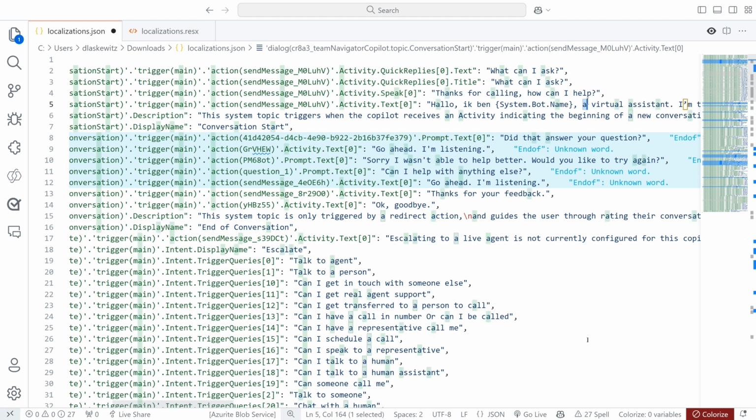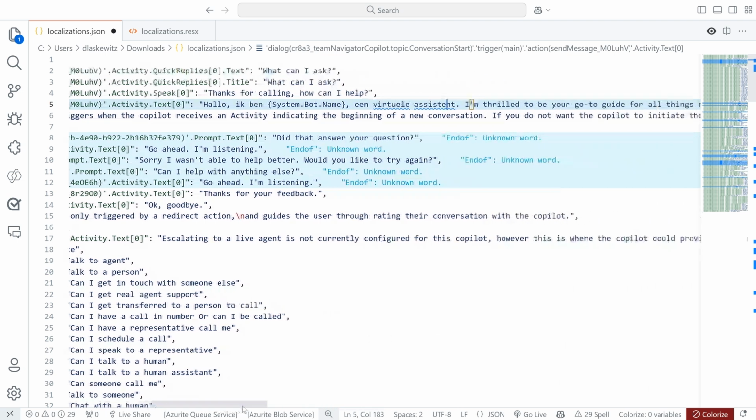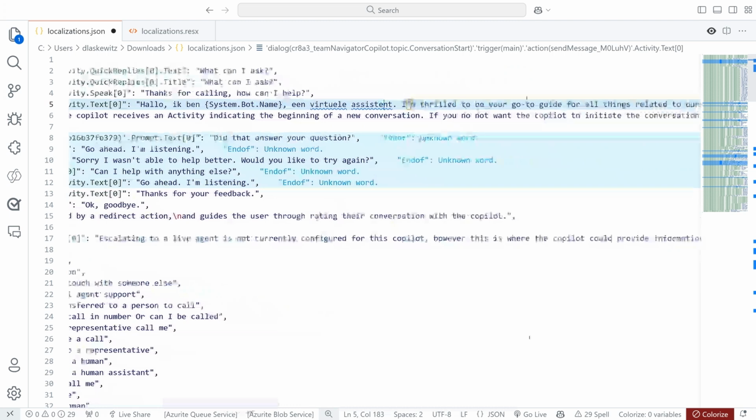And here I can change to een virtuele assistent, which is the Dutch language for it. And I'm not going to change the whole thing, but you get the gist. So you can change all these strings here to make it a Dutch version. But for now, I'm just going to save this one. And I'm going to go back to Copilot Studio to upload it